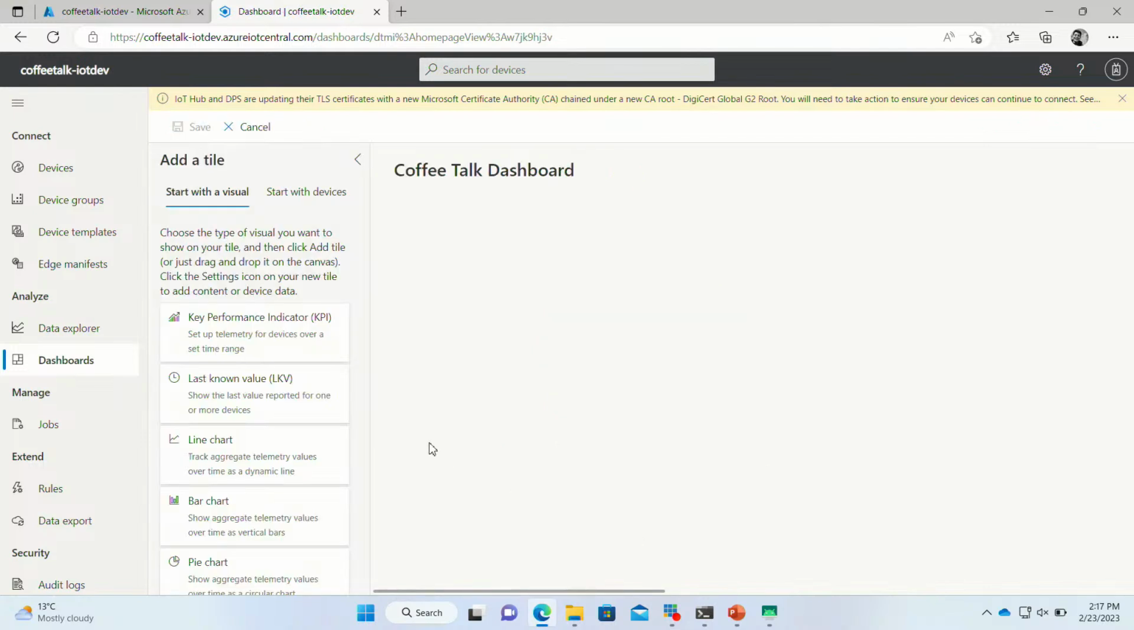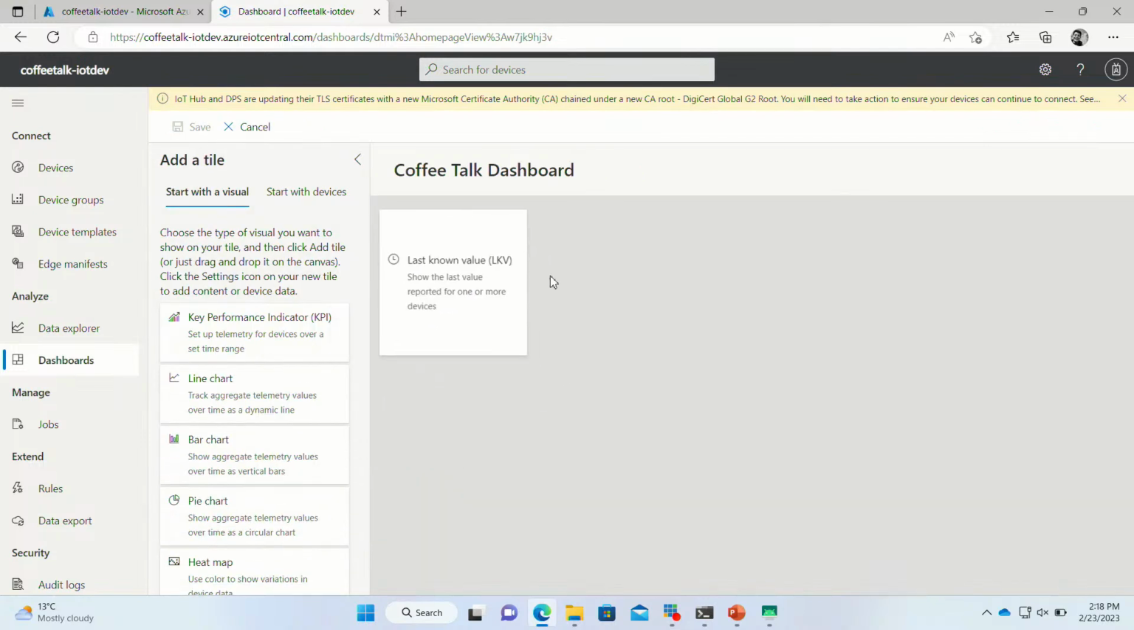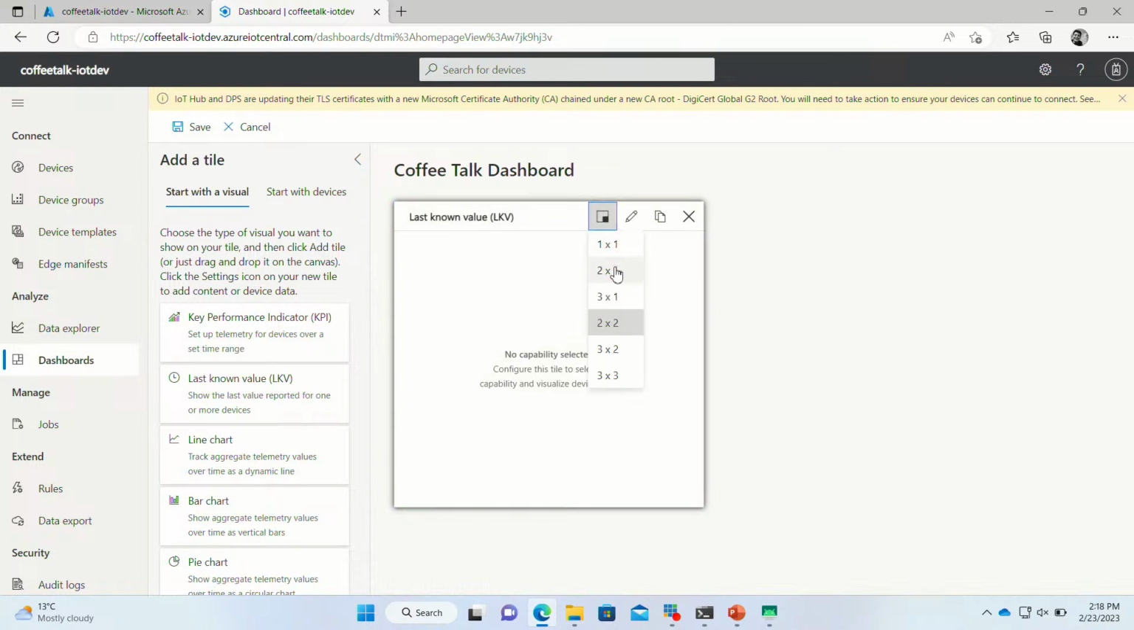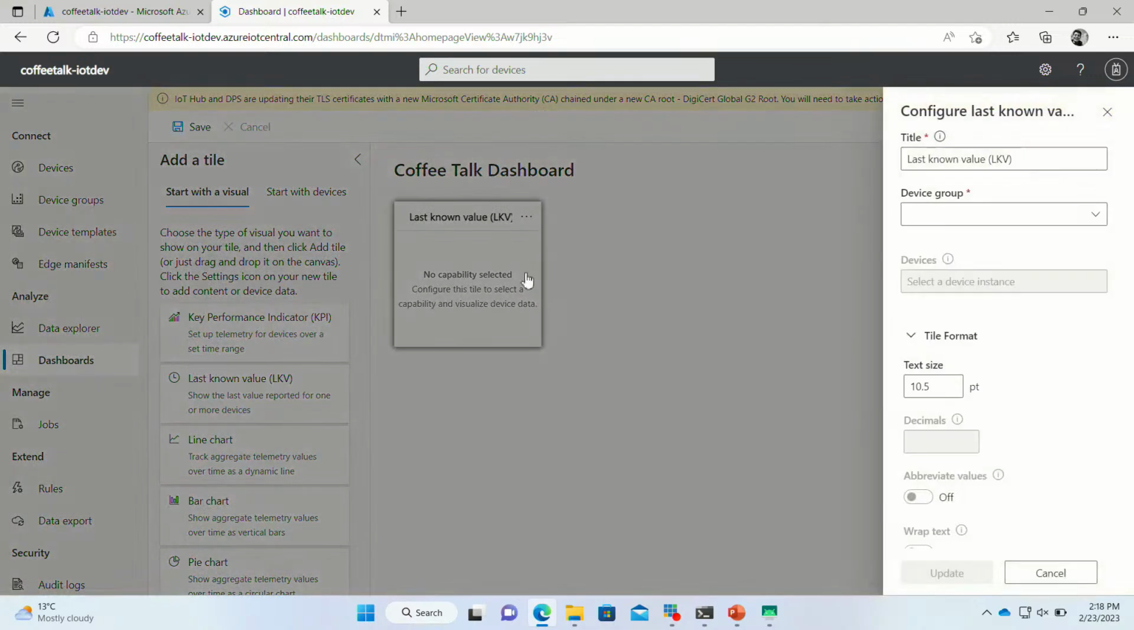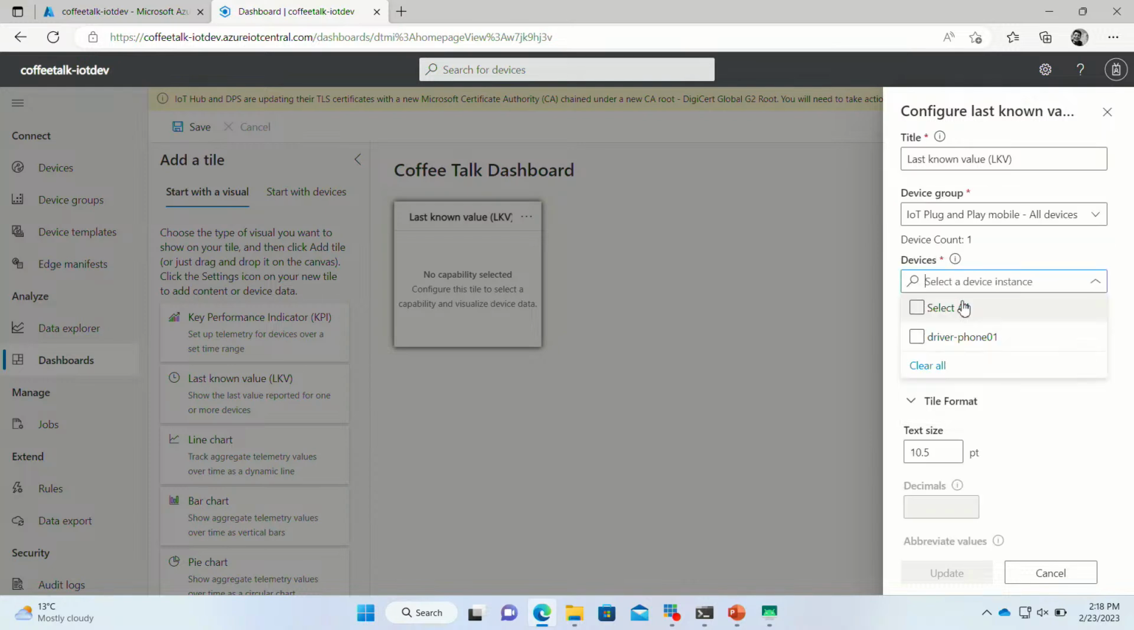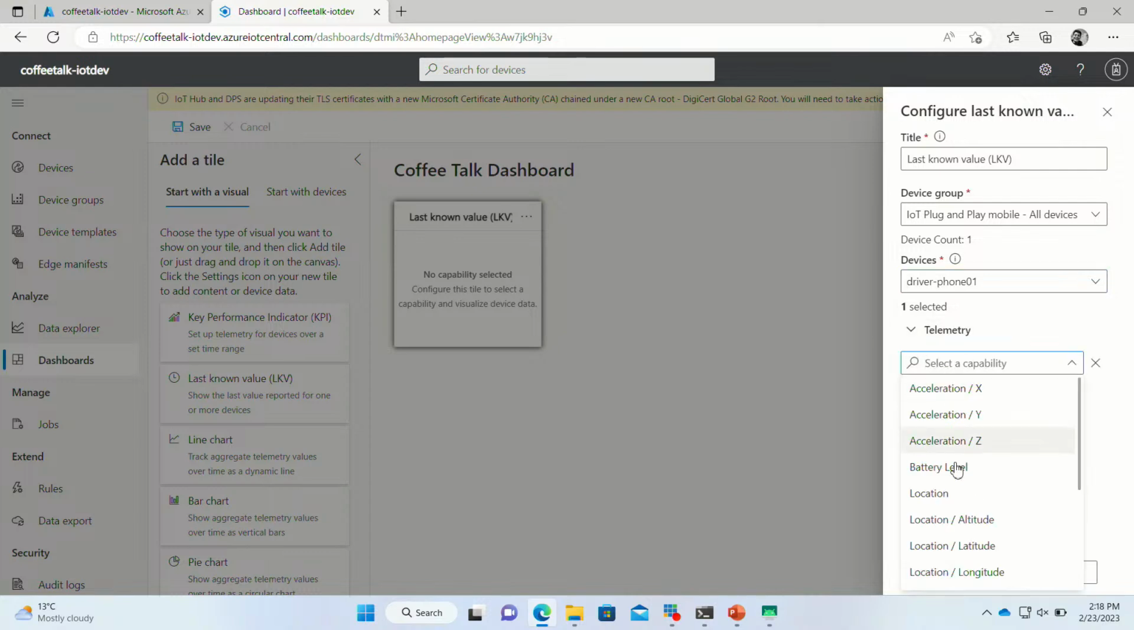And then I'm going to edit it, and I'm going to add the last known value of my battery. So this is too big. Let's make it smaller, and let's edit it. So here you have device group, which is our plug-and-play mobile all devices, and I'm going to choose the driver phone 01. And telemetry, I'm going to have the battery here,